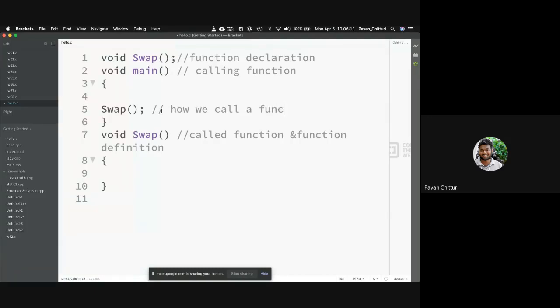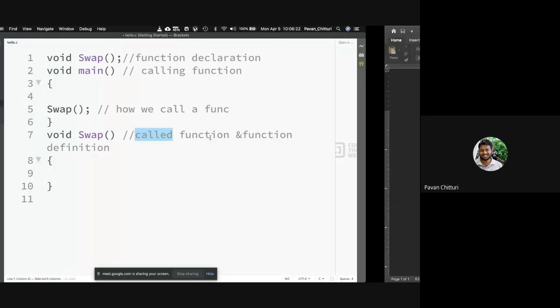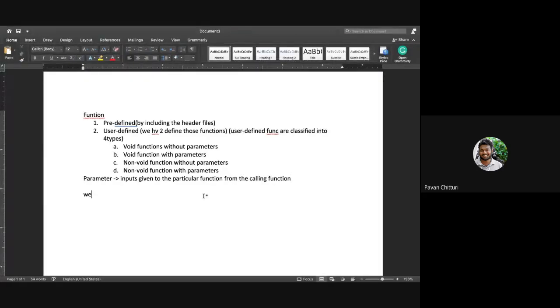When you want to pass data from the calling function to the called function, we can do it in two ways.